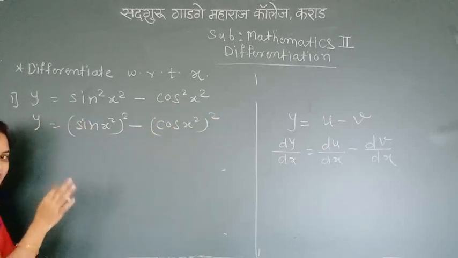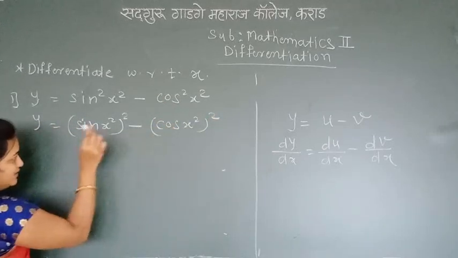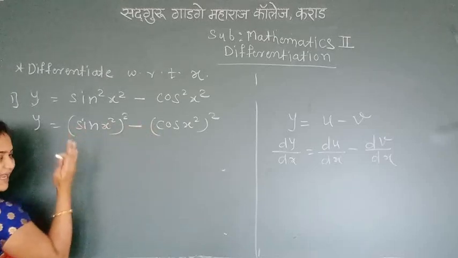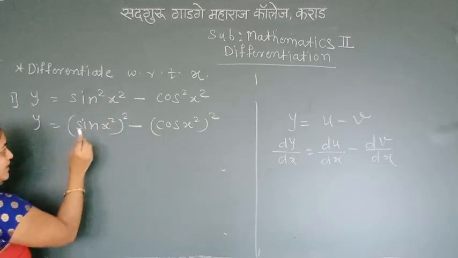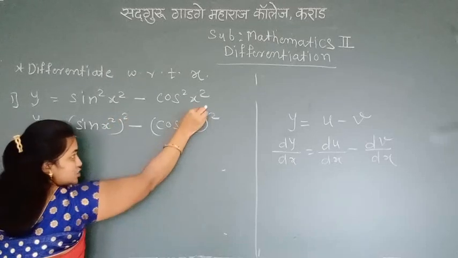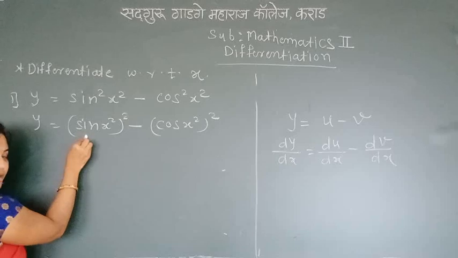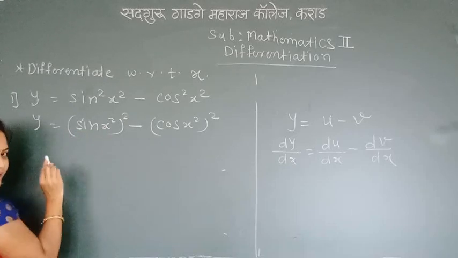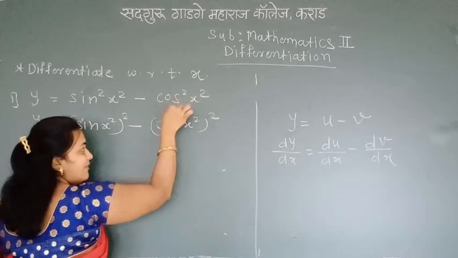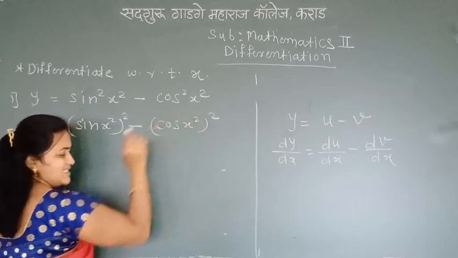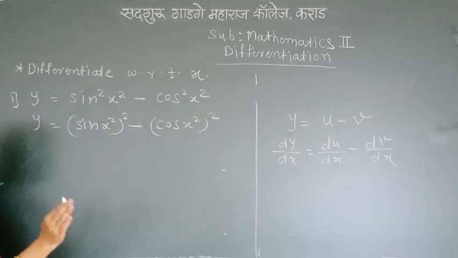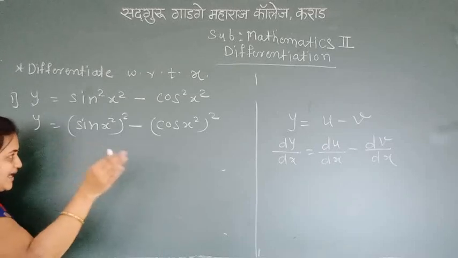यहाँ पे first हमने these two terms write in standard function, x raised to n form. x raised to n form में sub function compose हुआ है sin x square, और x raised to n form में sub function compose हुआ है cos x square. So first we take a derivative as a standard form x raised to n.